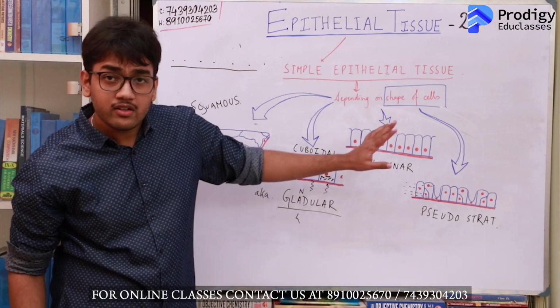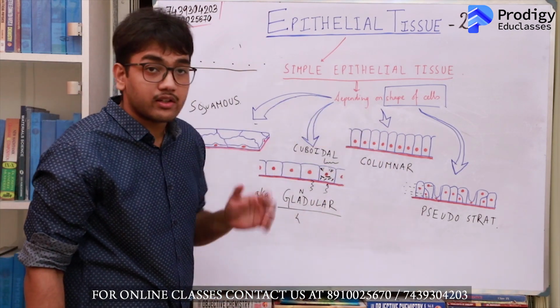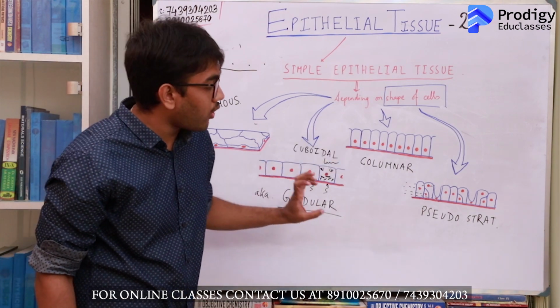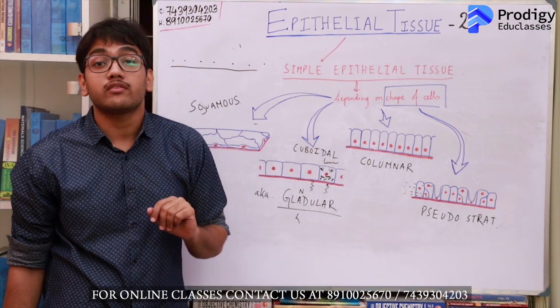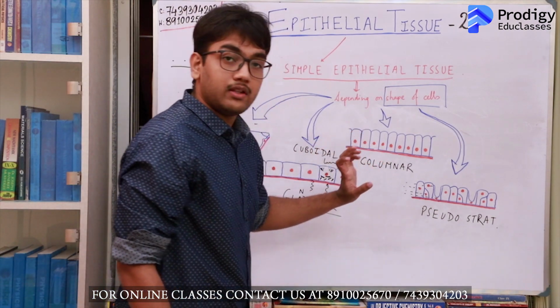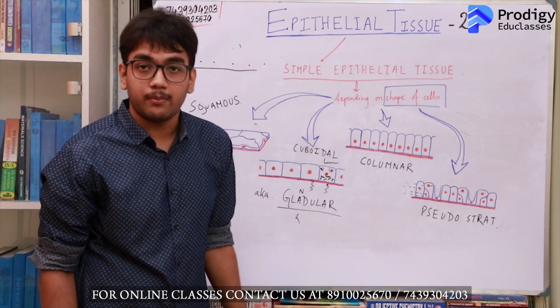So what is essentially a single layered epithelial tissue gives me the impression that it has 4 different layers of nuclei, leading to the false judgment that it may be a stratified epithelial tissue, but it is actually a simple epithelial tissue. So we name it as pseudo-stratified epithelial tissue.